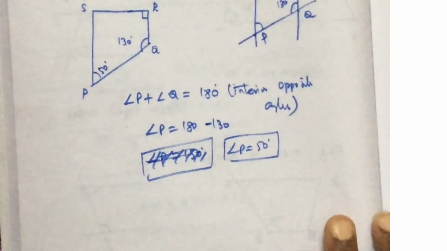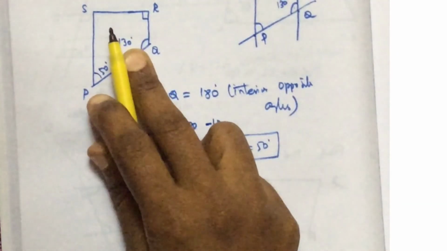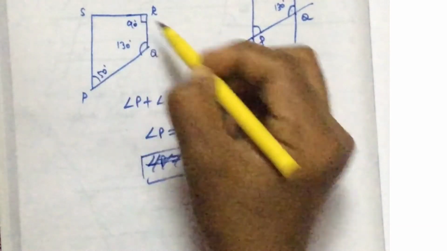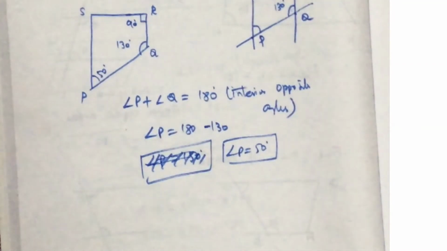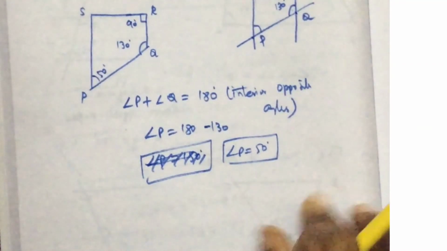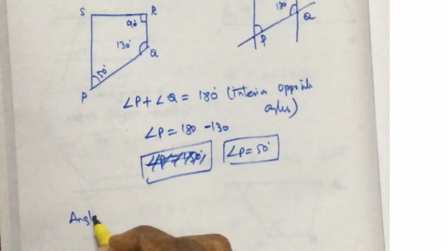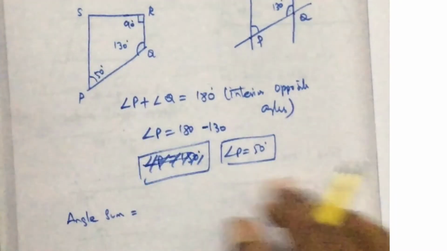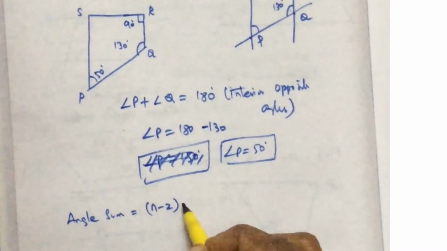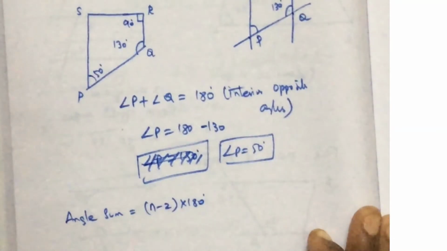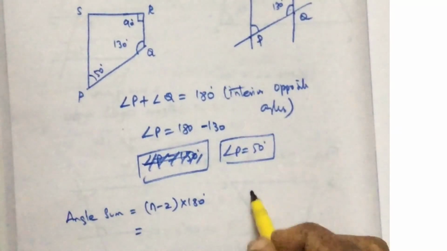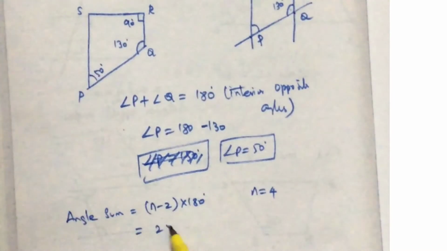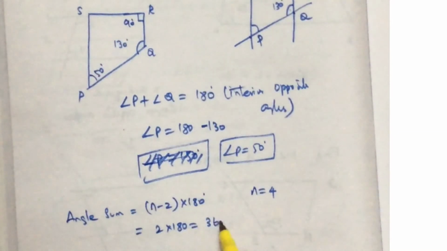The next thing is we have to find S here. This is a trapezium, and they have given a right angle symbol, so this is 90. A trapezium is a quadrilateral. By the angle sum property, if you add all the interior angles, it should give n minus 2 multiplied by 180. Here n is 4 because there are 4 sides, 1, 2, 3, 4. 4 minus 2 is 2, multiplied by 180, that is 360 degrees.